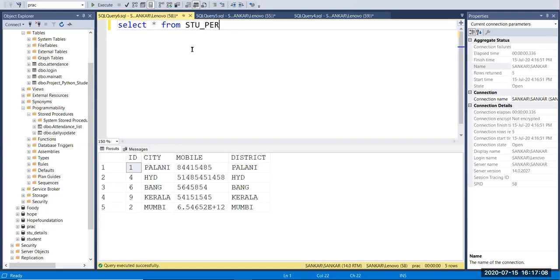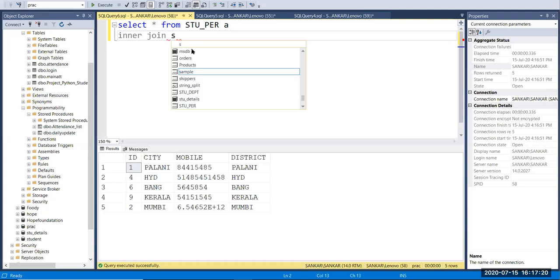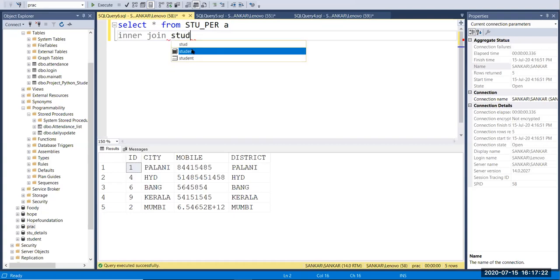First you have to give a name for the main table, and after that just type inner join. Here you type your second table, that is stu_dept. After that you have to give on. Here you give the columns you are going to match.